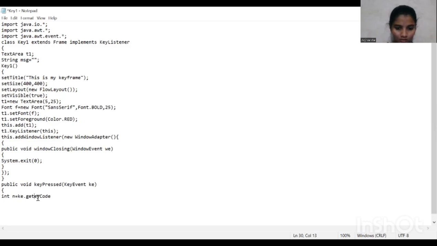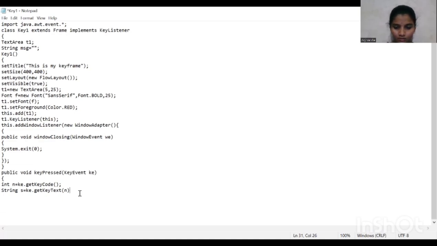Here key code is used to get the code of the key which we pressed, and then string s is equal to KE dot get key text of n. Here get key text is used to retrieve the character that we pressed in text format, and then message is equal to message plus